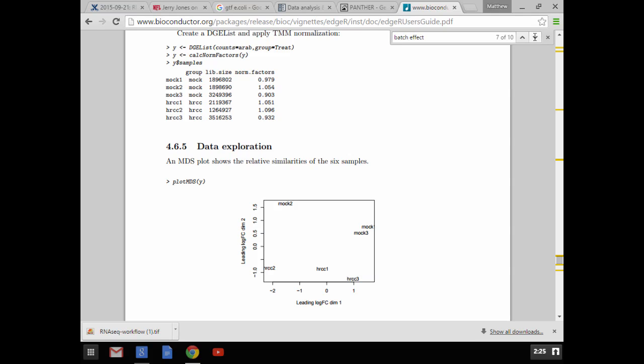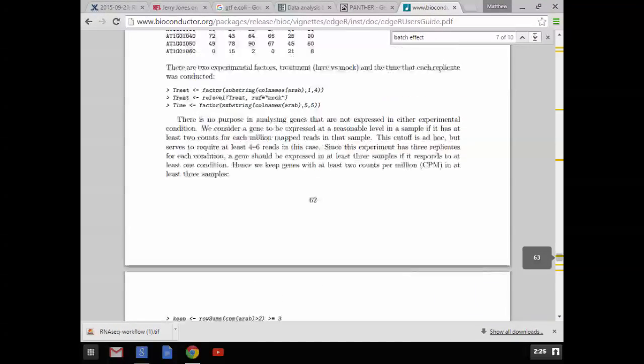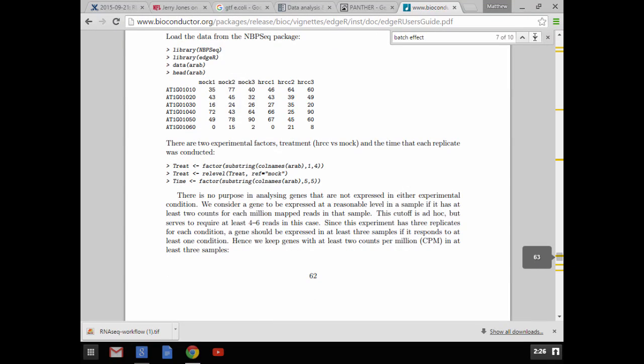So how do you deal with a case where you have a batch effect given that? EdgeR has a way to deal with it, which is to do the analysis assuming batch effects. You don't want to do it if you don't have a batch effect, but you certainly don't want to ignore the possibility that there is. So first, you have to determine from a plot, because there isn't really any other good way to do it, whether or not there is an overall batch effect